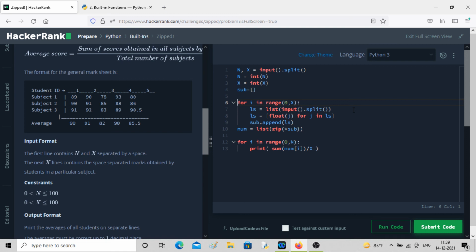For each subject we have taken the subject marks, converted them into float in the 8th line, appended them in the 9th, and finally we have converted each element in sub, each argument in sub, into zip form and stored it in num. Okay, num will have your zipped version of sub. Then lastly in lines 12 and 13 we have calculated the average and printed it.